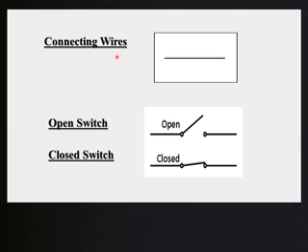And the symbol for connecting wires is just a straight line. And for a switch we have two different types of symbols: an open switch, in which there is a gap, and a closed switch, where this gap is closed. So if the switch is open, we draw this type of symbol, and if the switch is closed, then we will use this symbol. Okay,